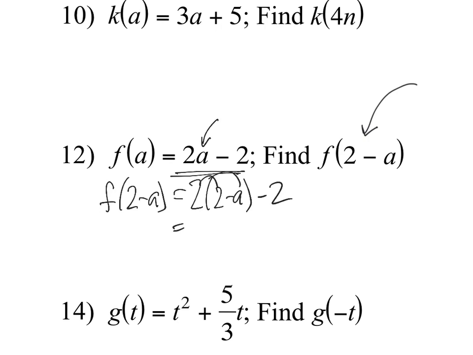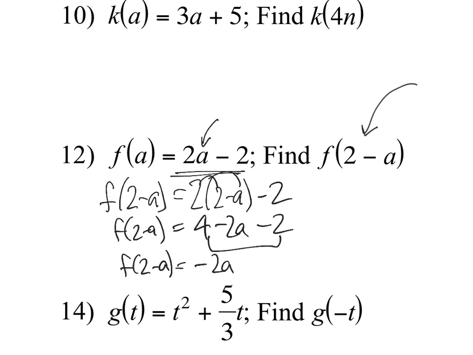So when I distribute, I get 4 minus 2a minus 2. Don't forget this notation on this side as well. So over here, when I combine these two like terms, 4 minus 2 is 2. So the evaluation of this